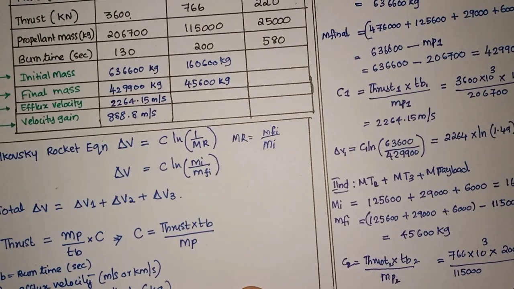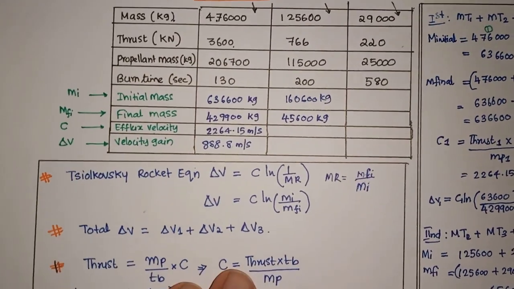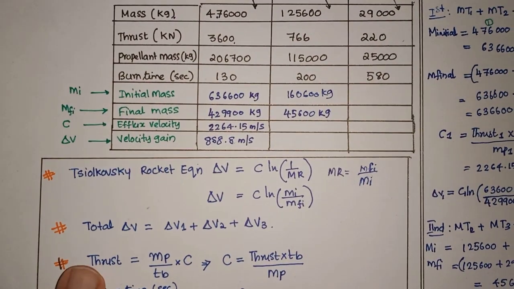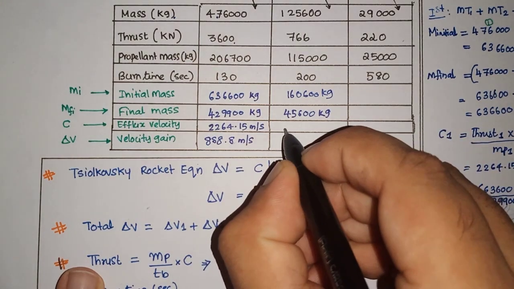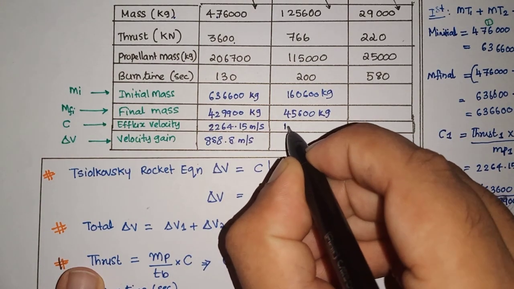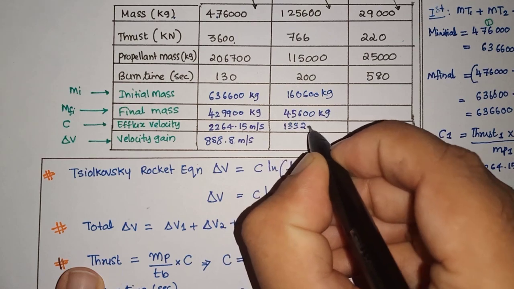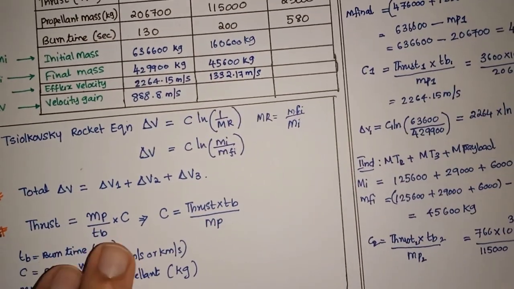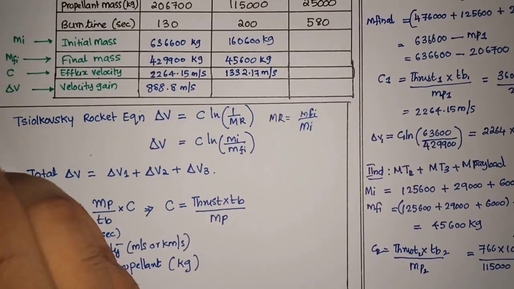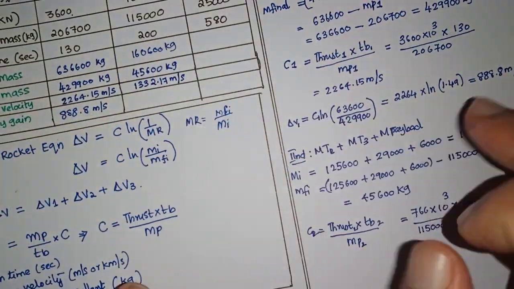Okay, because the idea remains the same. If I am getting a wrong value also, it's fine, because ultimately you should understand the concept. So 1,332.17 meters per second. Okay, now if you do the same for the second stage,